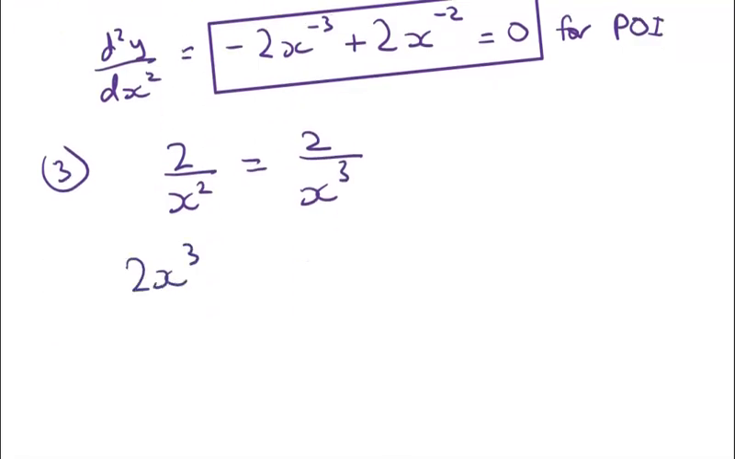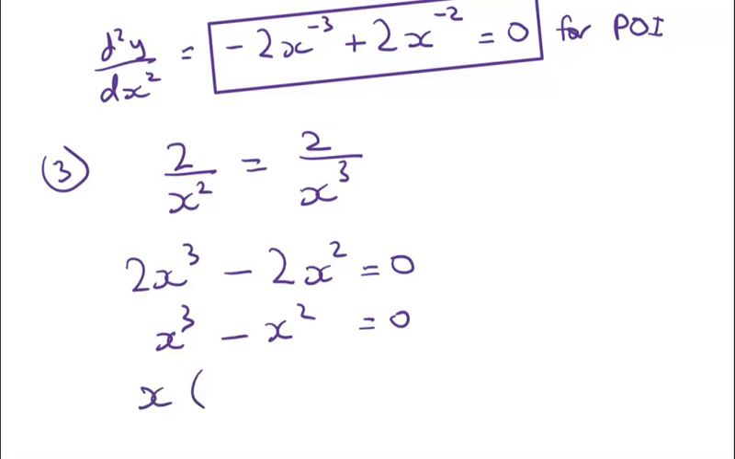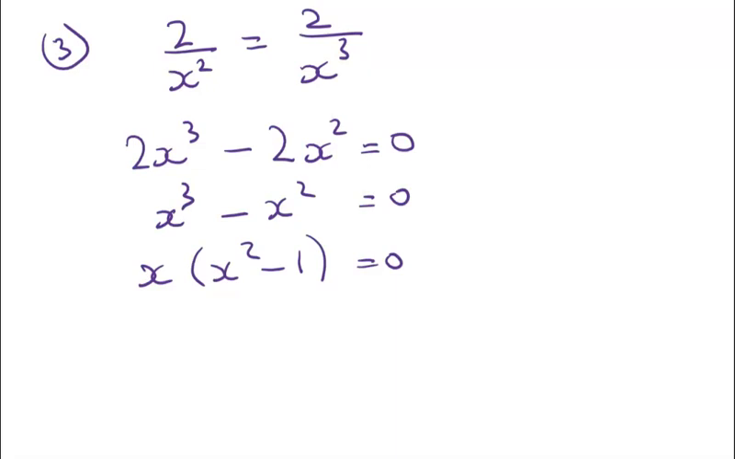Cross multiplying and rearranging gives me 2x cubed minus 2x squared is equal to 0. Now, obviously, I can divide through by the 2 at some stage, so I'm going to do that now. x cubed minus x squared is 0. x into x squared minus 1 is equal to 0. Remember here, I'm just working with the second derivative. So solving that without thinking about this particular function gives me